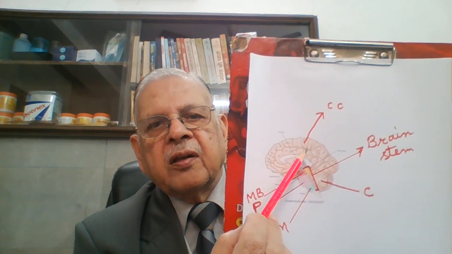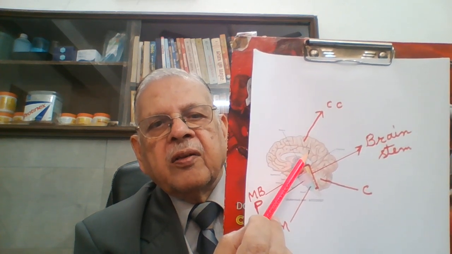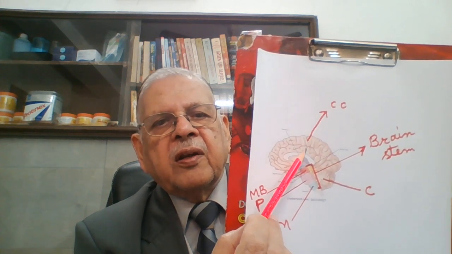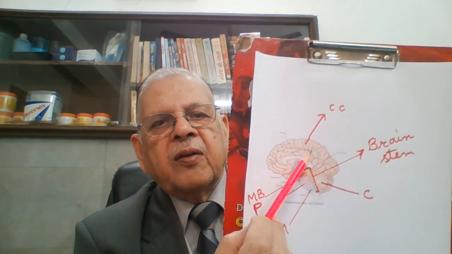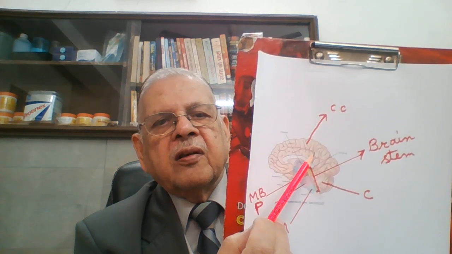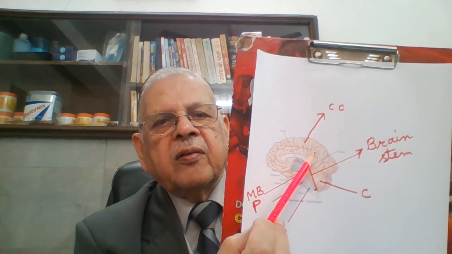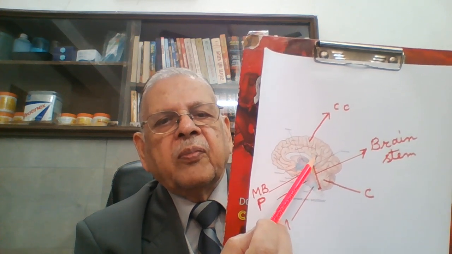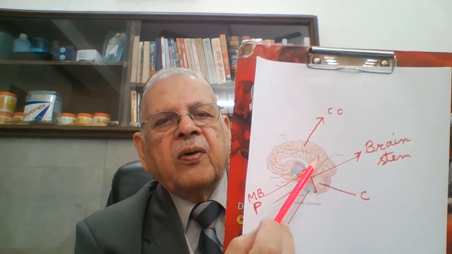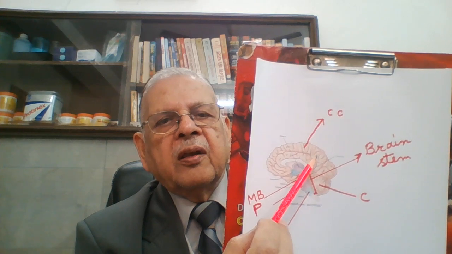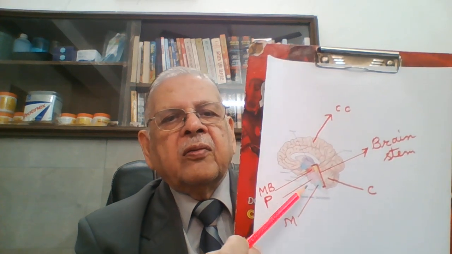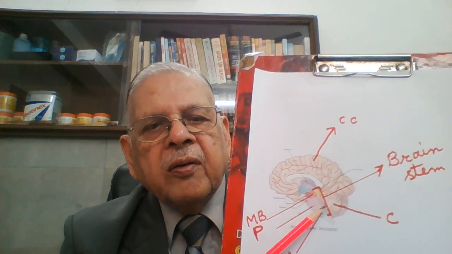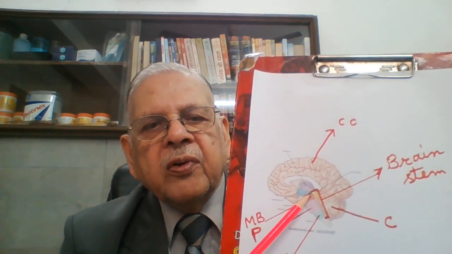But what we are talking of is the covering, the outer layer of the hemisphere. That is called cerebral cortex. It has got gray matter. Medically, it is spoken of as gray matter, a very important part of the brain for our memory, thinking and learning. Now, there are certain important things in this also, but before I go, see this portion which I marked